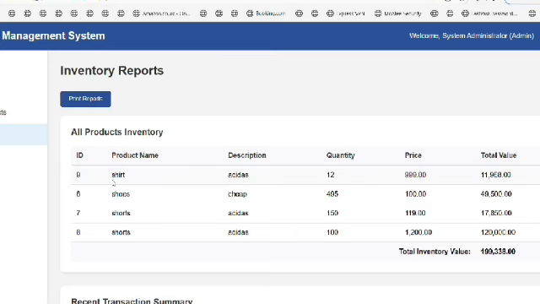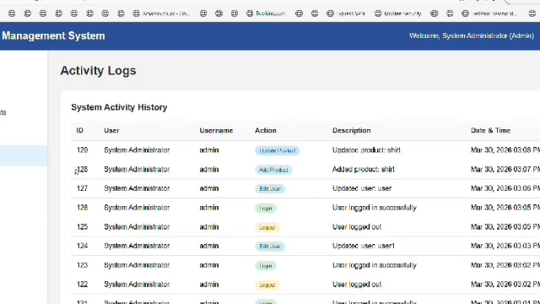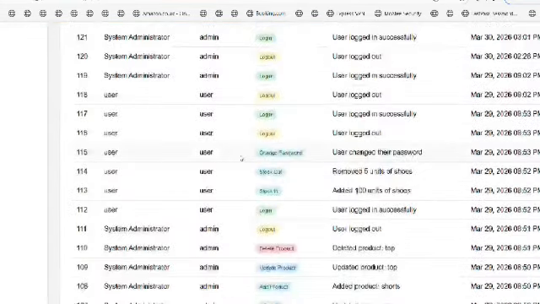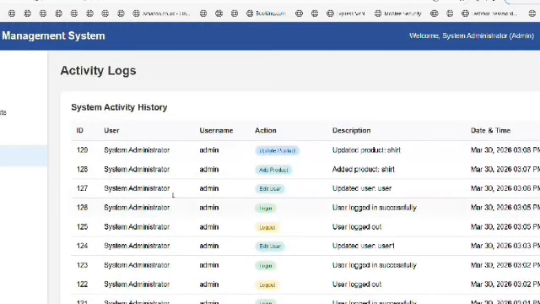And the last one in the admin dashboard is the activity logs. Here in the activity logs, we're going to see the actions of every user.